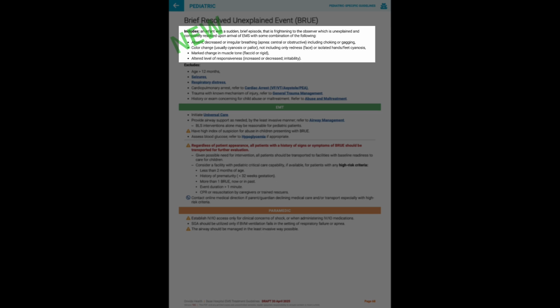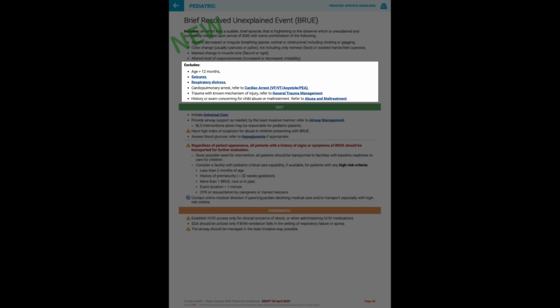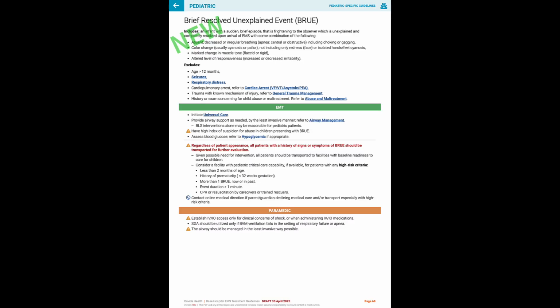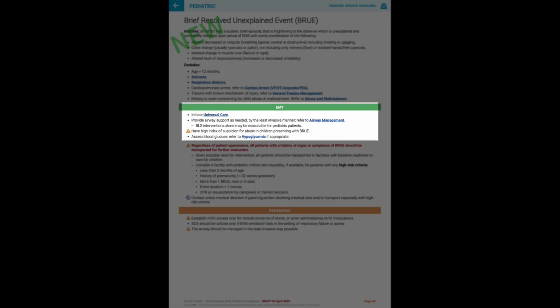Usually there will be some significant change in muscle tone, whether the patient becomes limp or rigid, as well as some associated altered level of responsiveness, either increased or decreased. Any child who's over age 12 months or has some other obvious explanation for what is going on, such as a primary respiratory problem, seizure, or cardiac arrest, should be treated in accordance with those other conditions and not with the information on this page. Critical actions will include airway support as needed, checking blood glucose, and staying alert for possible